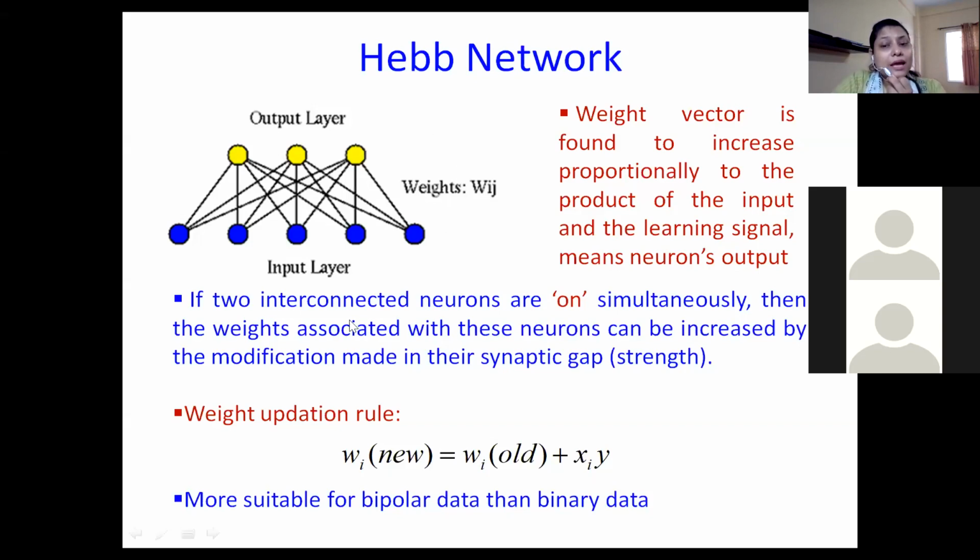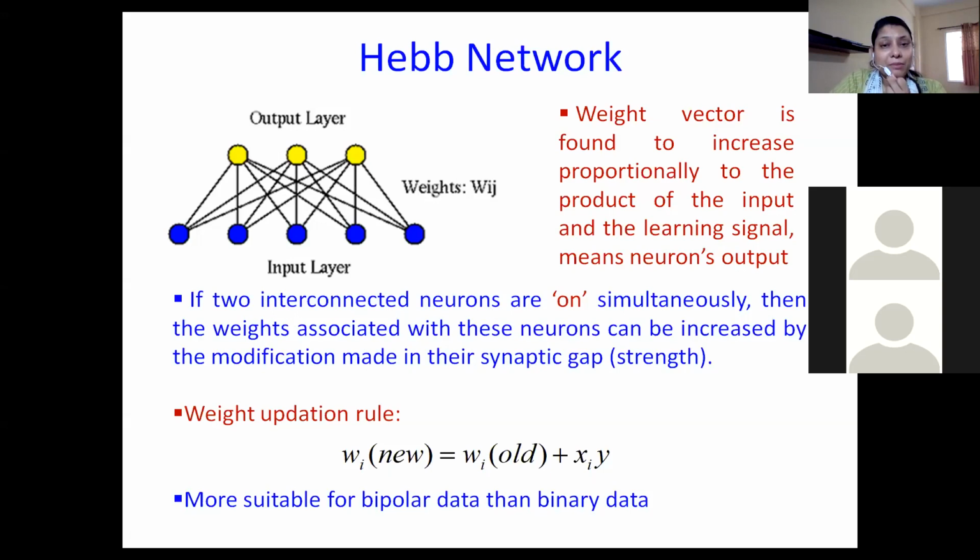Now, if you have a certain condition where both the neurons are on, that means if two interconnected neurons are on simultaneously, then what happens? Then the weights associated with these neurons can be increased by the modification made in their synaptic gap. That means automatically the connecting links between these two interconnected neurons